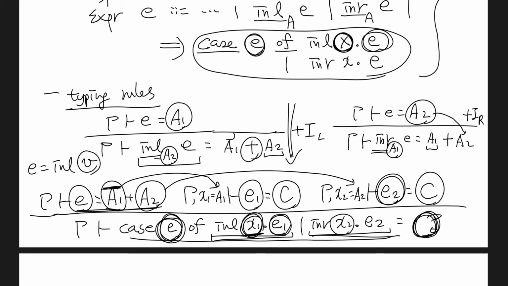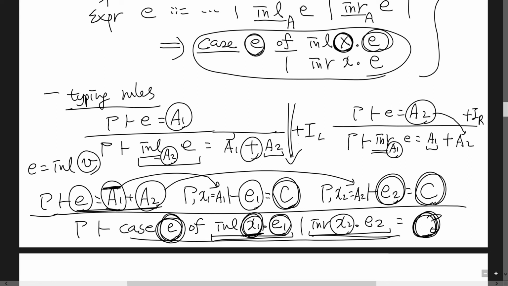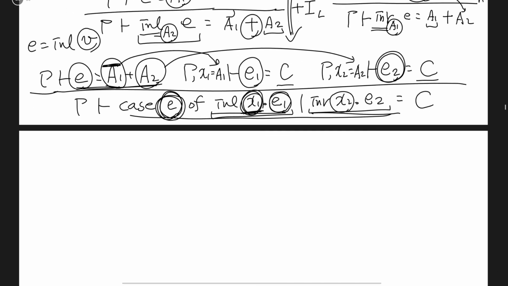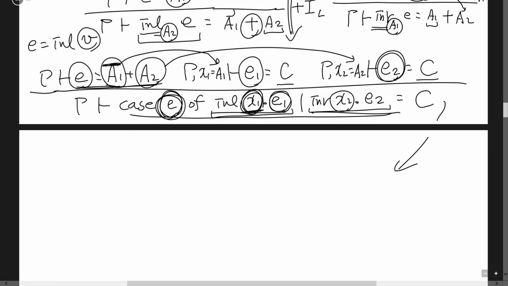So therefore, we require that both types be the same here. So this is the C, this is the C. So therefore, we concluded that the whole case expression is type C. And the requirement here that both expression E1 and E2 have the same type can be compared to type checking